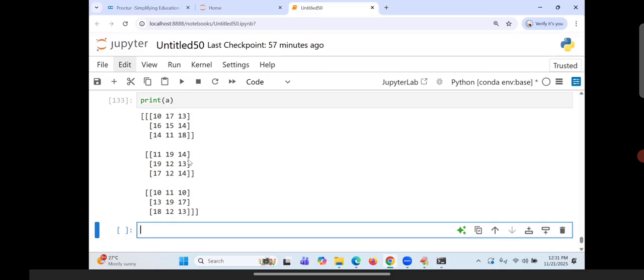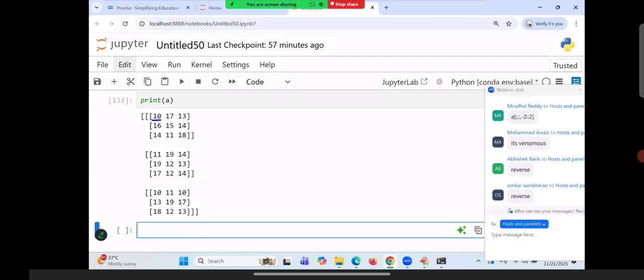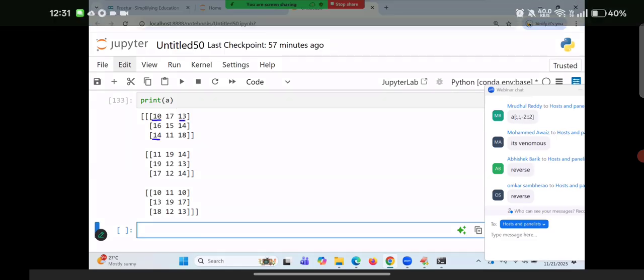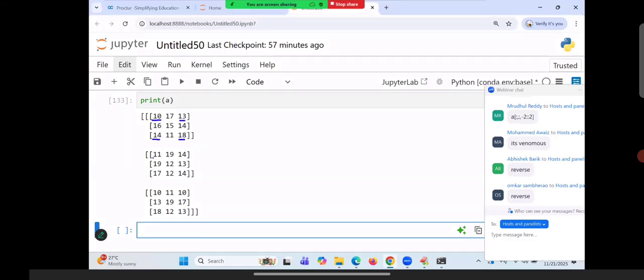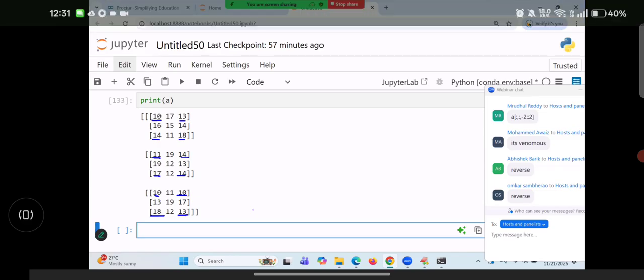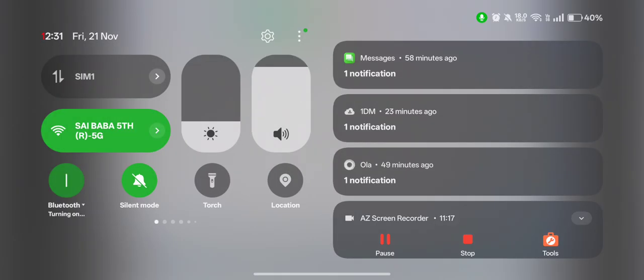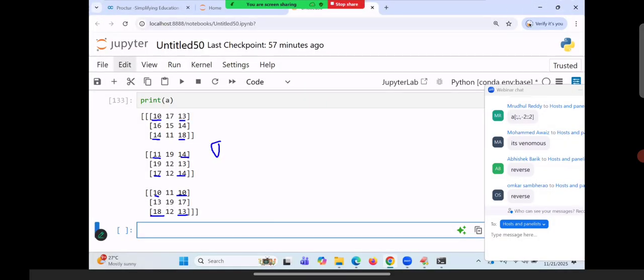Right. Last and final. I want to get 10, 13, 14, 18, 11, 14, 17, 14, 10, 18, 13. All matrices, corner elements. Be careful, don't commit mistakes. A of